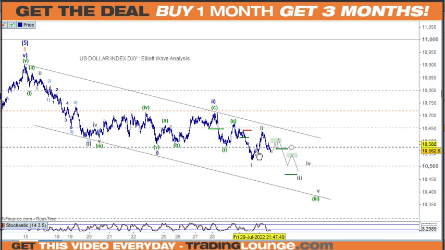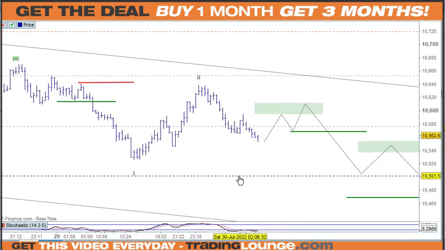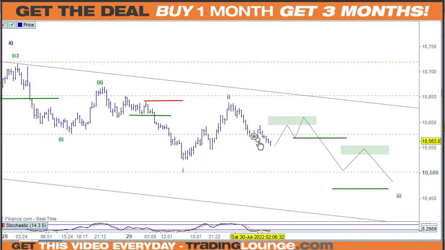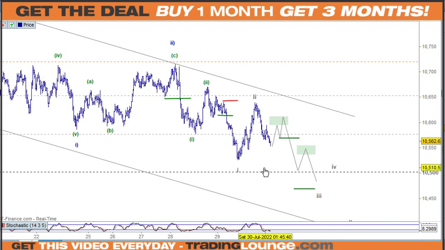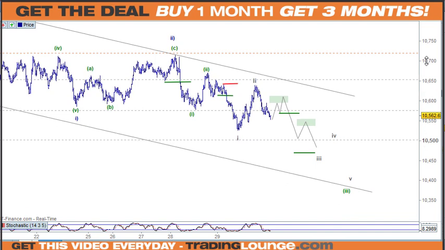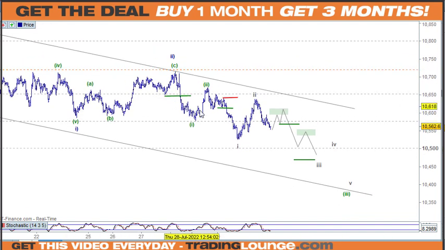So I have to call all this wave 1 here and 2 here. We had that sharp move up, but it does appear that it's in 3 waves, 1, 2, 3, 4, 5, ABC, sort of okay-ish at that point. This move down here is 1, 2, 3, 4, 5, so we should have a little pullback at that point. So you could sell it at that point, or you could wait for the B wave low there. But the takeaway here is that we're still in the trend to the downside, so that's